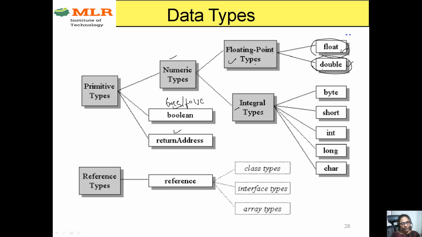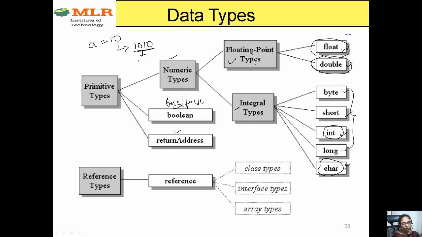And coming to integral, it is divided into five data types: byte, short, int, long and char. Char supports characters. Other than char, we have four integer data types: byte, short, int and long. Generally we don't use all these, we use only int. But based on the size of your data, for example, if I want to assign the value 10 to A, the binary value of 10 is 1010.